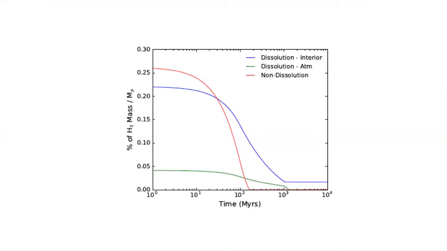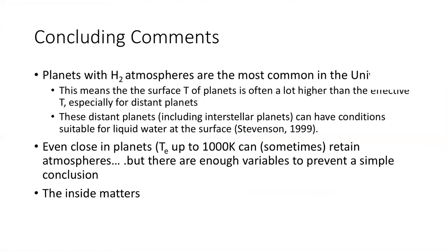So that's the story, and I want to finish, though, with some general comments about this. I think it's quite possible that these kinds of planets are the most common in the universe. Planets that have something like Earth composition, maybe some ice as well. Putting ice in the story is not going to change things that much, actually. So these are planets that have magma oceans. They have very hot surfaces. I think these are much more